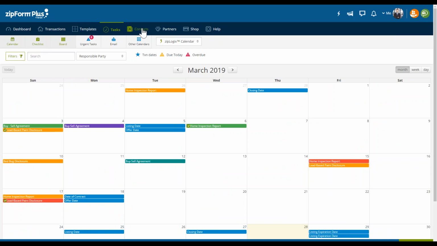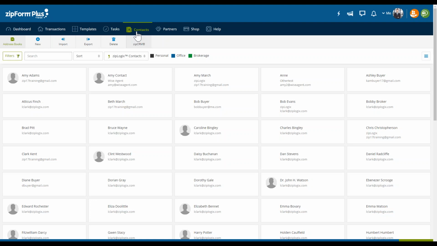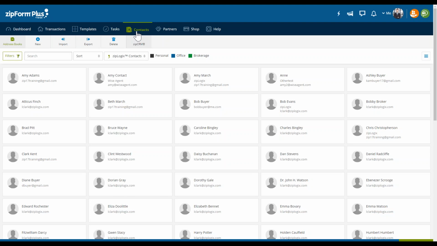So the rest of the navigation, let's dive into really quickly. Templates, we dove into that a little bit. Now I want to dive into contacts. In tasks and contacts, we have the ability to integrate with cloud-based services. This dives into the more advanced features that I wanted to show you all: the ability to integrate your contacts or your tasks with either Google, Microsoft, Yahoo, or Top Producer within contacts. Okay, it's very common for everyone to have multiple contacts or start out with Google and Microsoft, and they get ZipForm Plus and they want to integrate their contacts.